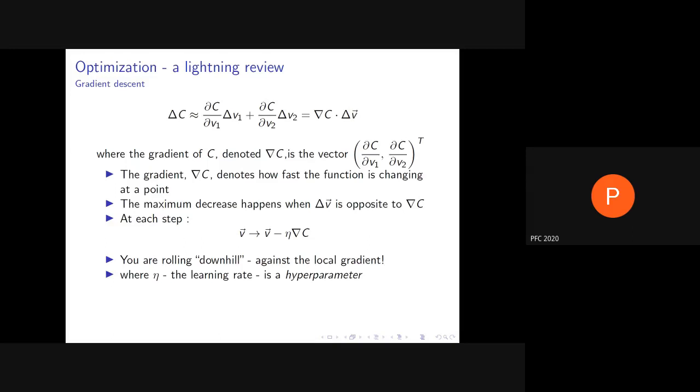Now you might think that after all, we want to learn very rapidly, so why don't we take a very large value of eta? Of course, if we do that, the problem is you may very well overshoot and completely miss the value and go completely to the other side. And then you might try coming back but overshoot again. Choosing too big an eta is a problem. Choosing too small an eta also is a problem, because then you're going to move very, very slowly. Again, this hyperparameter has to be chosen from the outside.